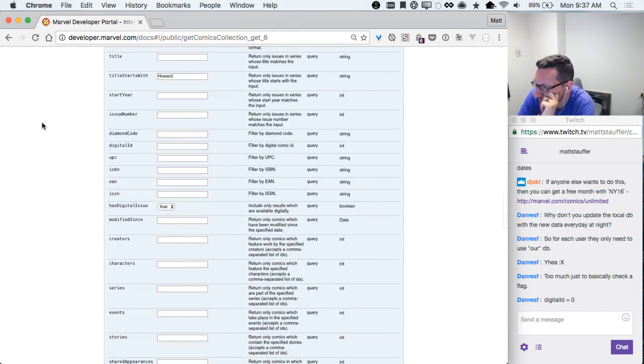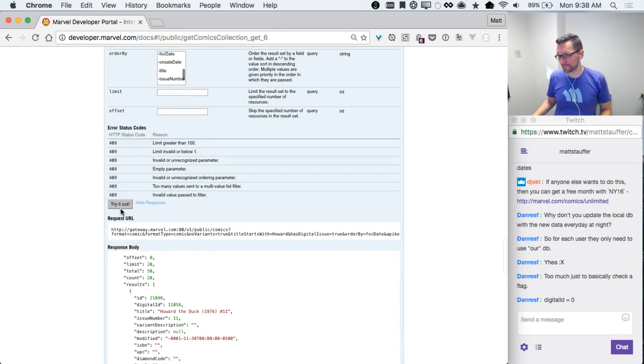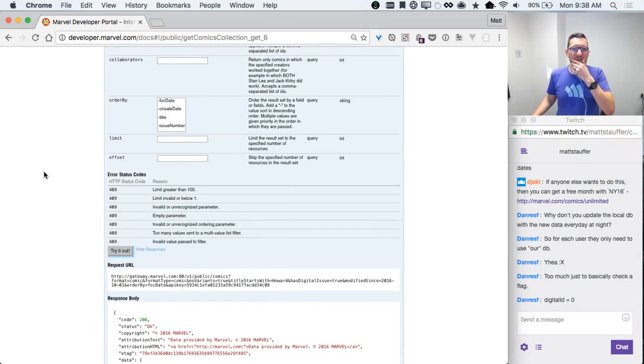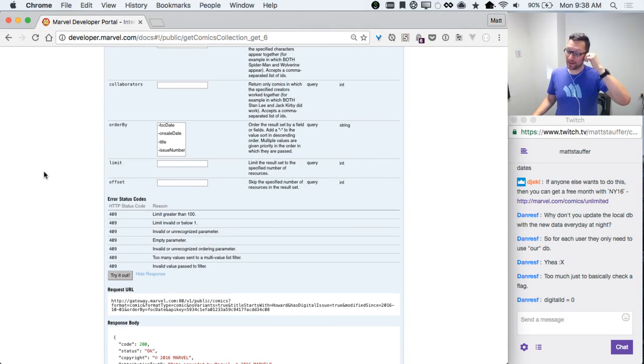Oh, let's change the modified date again. Modified since 2016-10-01 has digital issue. The problem is we're going to get none. No results. So yeah, I think what it's going to end up having to be at this point is